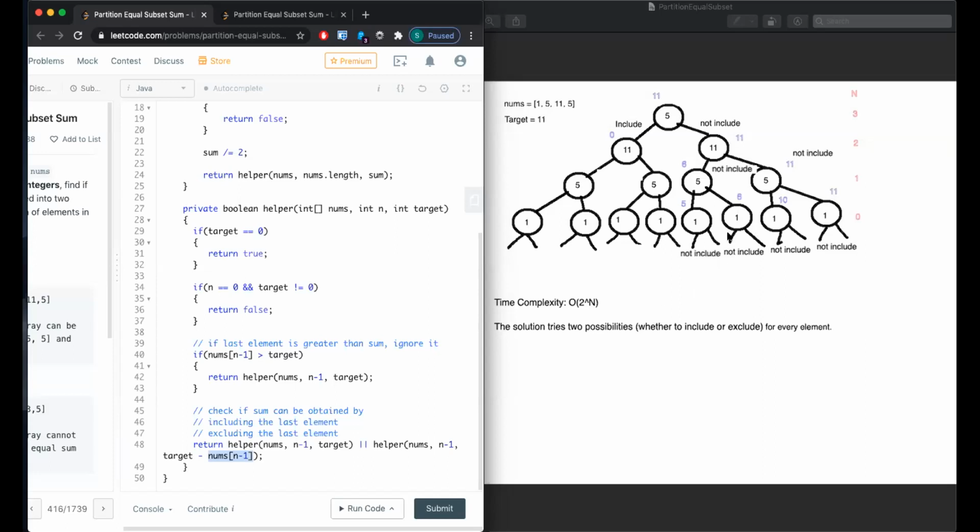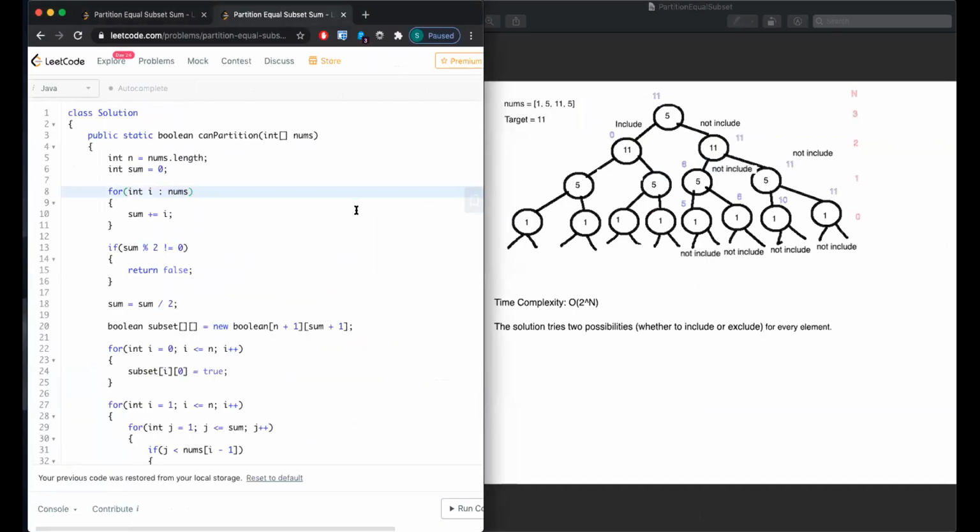Now you also want to notice that there are a lot of subproblems here, right? It's computing the same number, so we have to find a way to store the solution for that subproblem. So that's why we come up with dynamic programming. Now dynamic programming, what essentially we do is